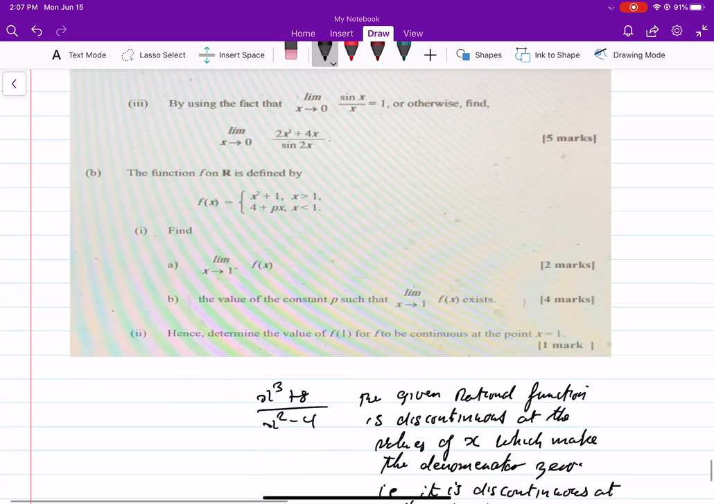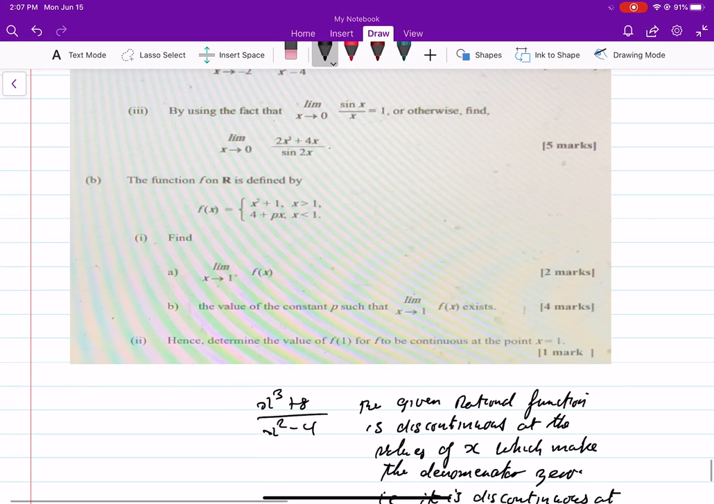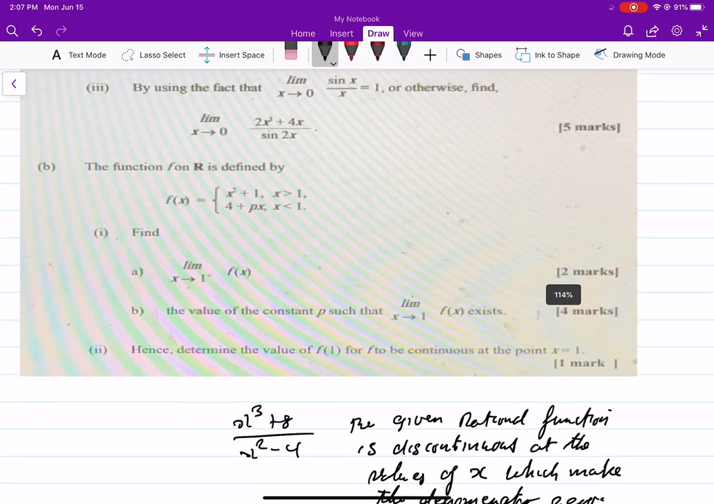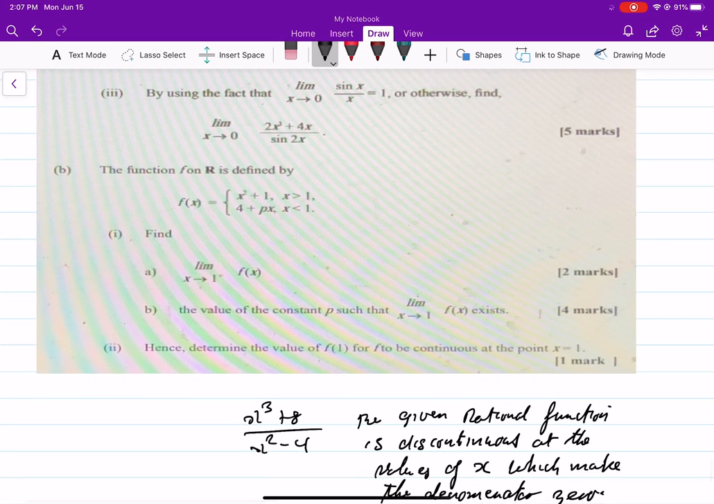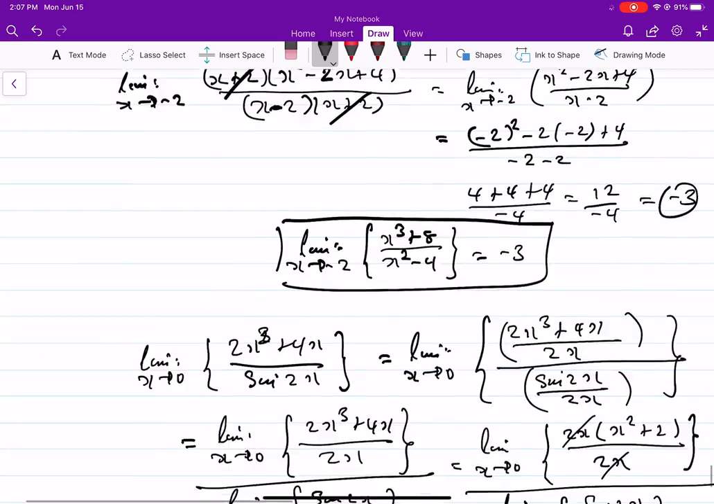What's the next part? The value of the constant p, such that the limit as x is approaching 1 exists. Yes, the limit would exist even though the function is not defined at x equal 1, as long as the function is approaching the same value from both sides. So what I'm going to do, I want to find the limit